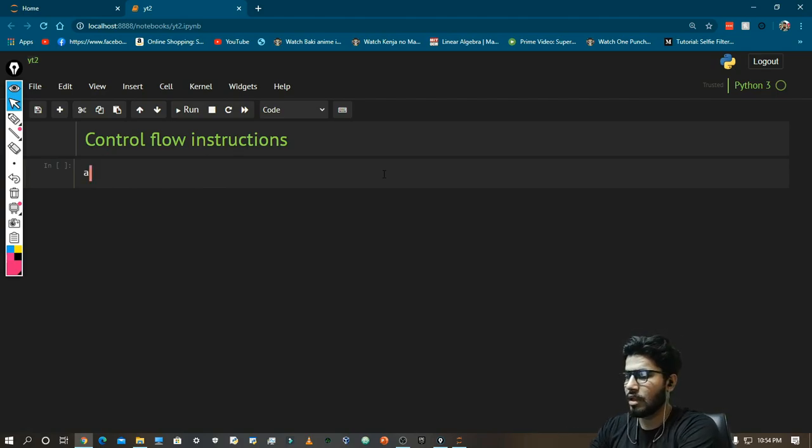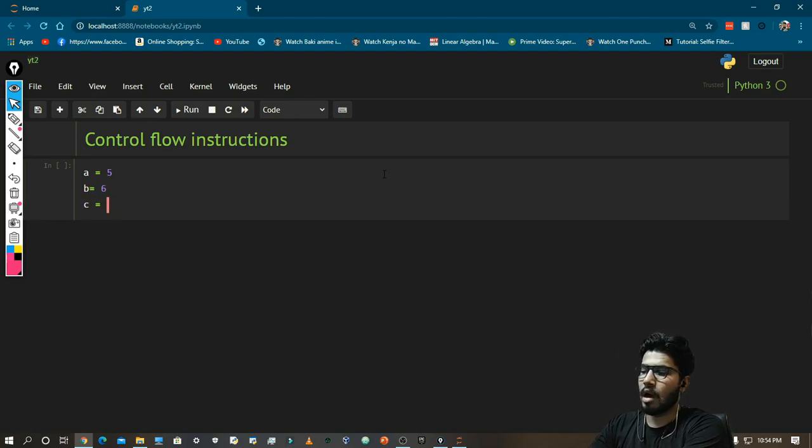For example, if I write A is equal to 5, B is equal to 6, C is equal to 7, how are these lines going to run in our computer? First of all, this line will execute, then this line will execute, then this line will execute.